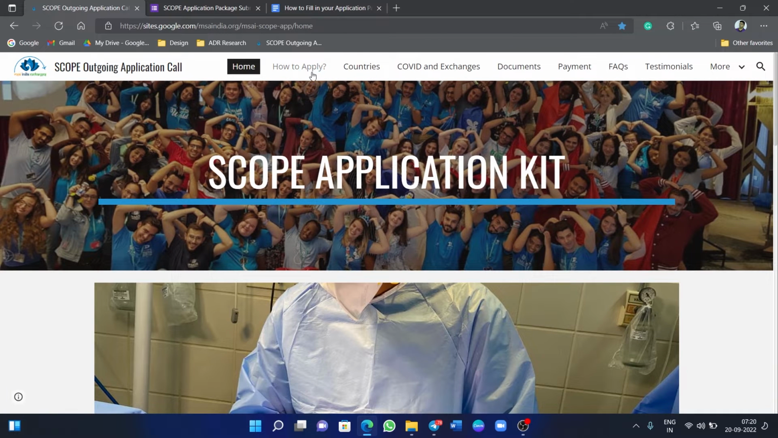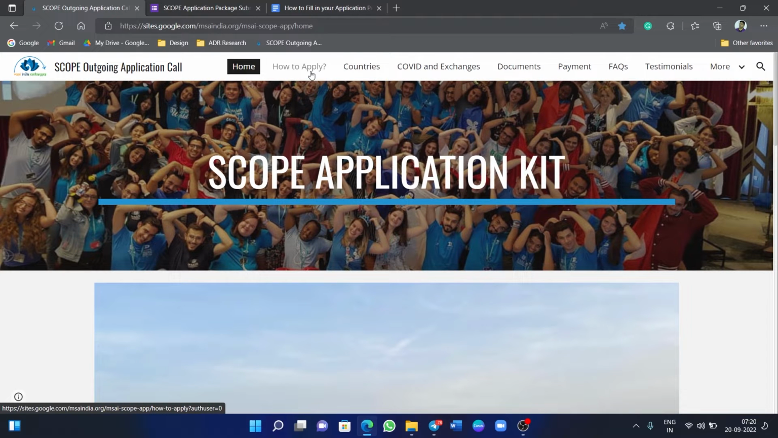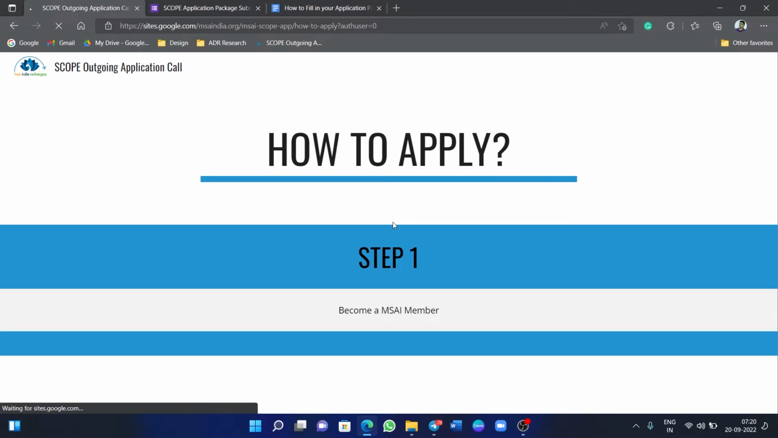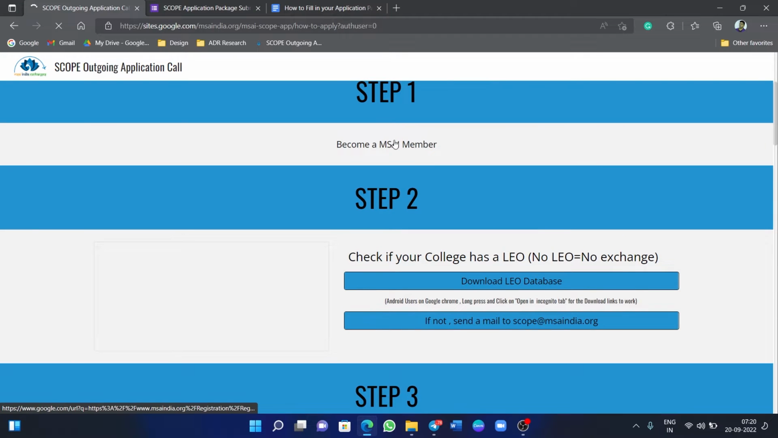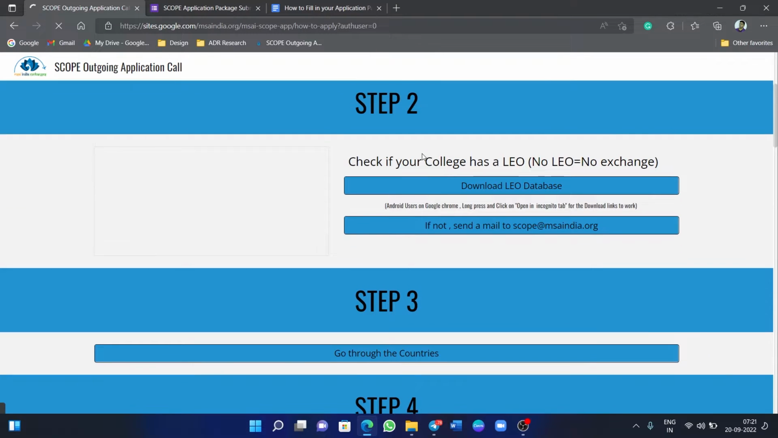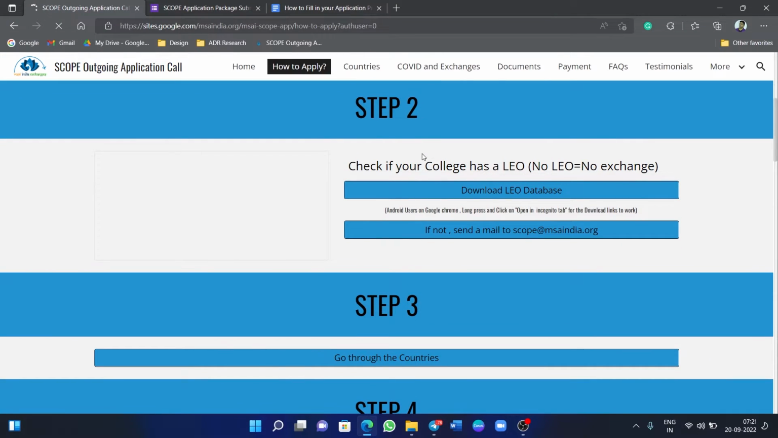done the previous steps of your application process properly. So we'll go through the previous steps and check. On your Scopy application website, the link of which has already been shared with you, you go to the How to Apply page. If you are an MSAI member, you have to check that. You have to check whether your college has a LEO, and for GSMC, I am the LEO, so you do